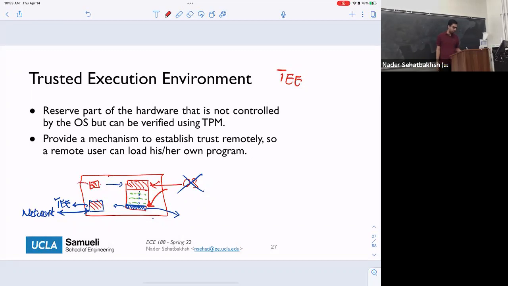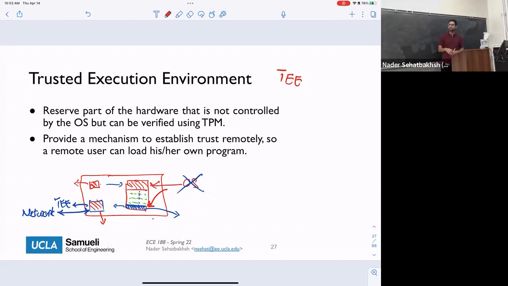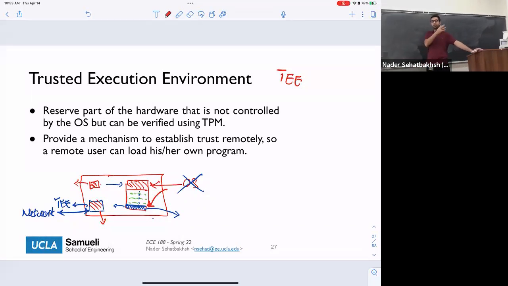And again, the same way that we're trusting the TPM, we are trusting this TEE as well. This is, again, an additional piece of hardware that we literally physically put in our system. And this way, we get the same guarantees as for the TPM. Okay? So in other words, the TEE is kind of like the interactive version of the TPM, and we're going to discuss how exactly this is implemented. There are various options for implementing this. And in the next part of the lecture, I'm going to discuss the details and how we implement this in reality. Okay?